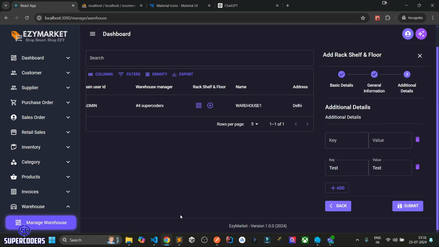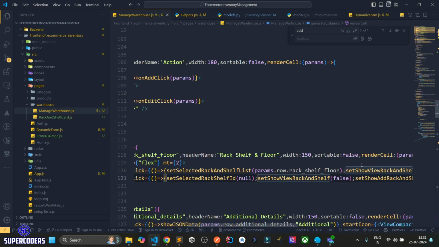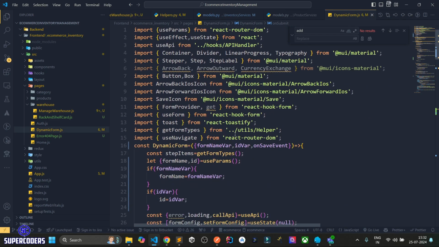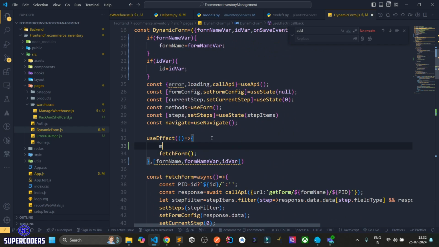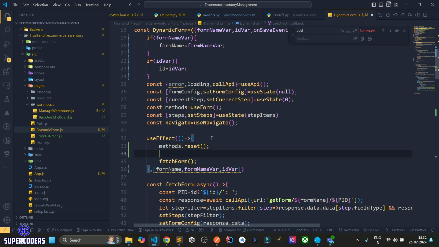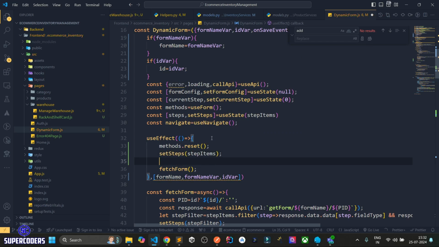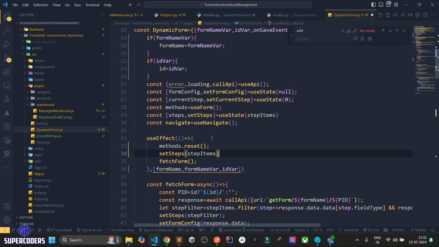So for that, what I can do is come to VS Code, and in dynamic form, we need to do some changes. When there is change on data, then we need to first reset my methods dot reset. After that, set steps, changing the set step items. Then again fetching the form, and that's it. I think this is going to work. So save it, back to Chrome,